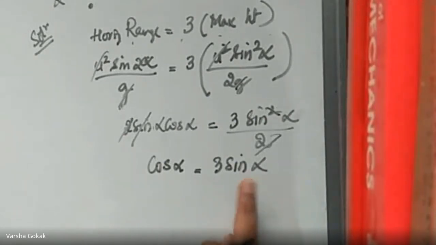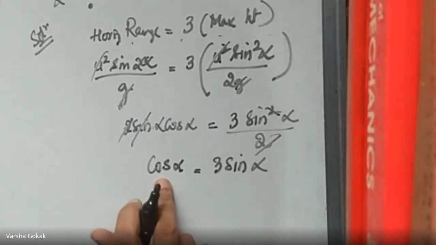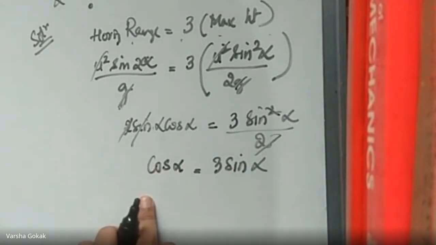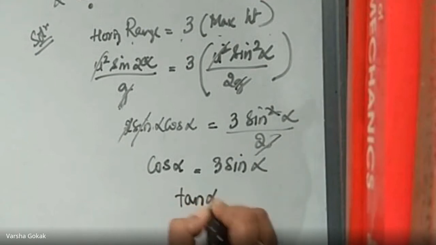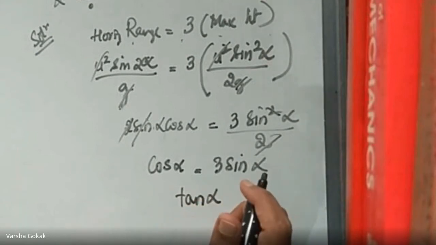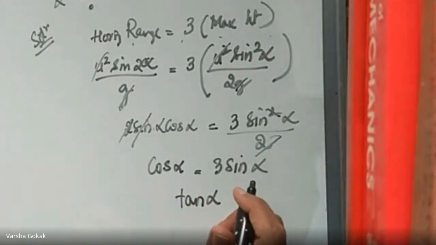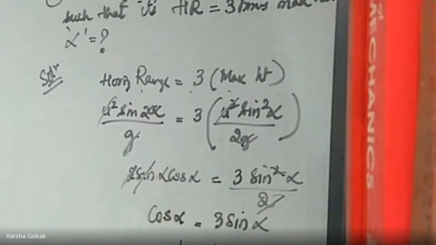So cos of alpha is equal to 3 sine of alpha. From here, I can get tan. Sine by cos is going to be tan. And this side, what I'll do? I'll take the opposite side. Right? So tan of alpha. I missed something. Tell me where it went wrong. I cannot cancel these two. Ma'am, you can't cancel. Yeah, correct.